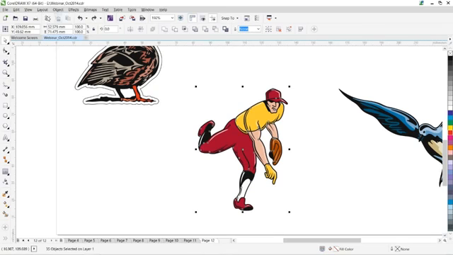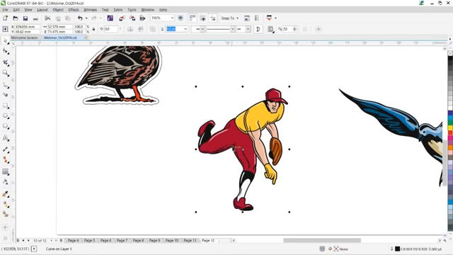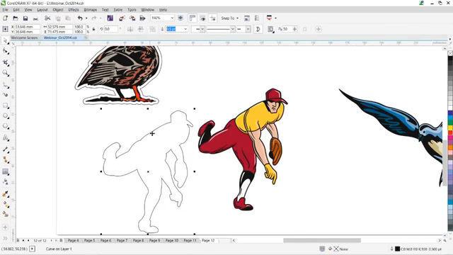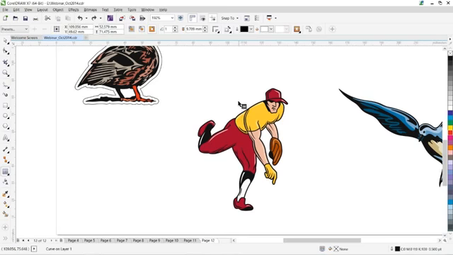Instead, I can use Object, Shaping, and Create Boundary. This feature will create an outer boundary from the selected objects. So this is the result you are getting out of the boundary feature. Once the boundary is created, I can just go and add a contour to this. Offset, of course, can be set to say 1.5 mm. So I should get this cut line, which I can use to create a cutting die for the sticker,